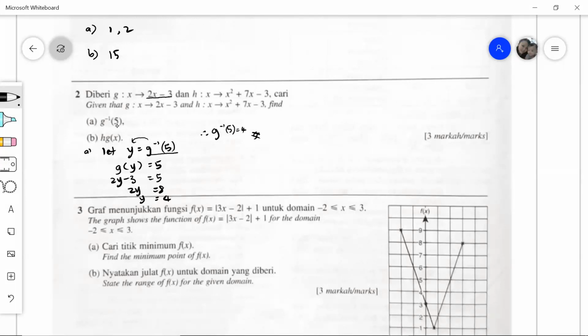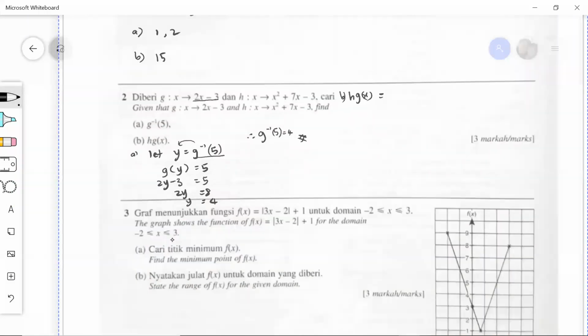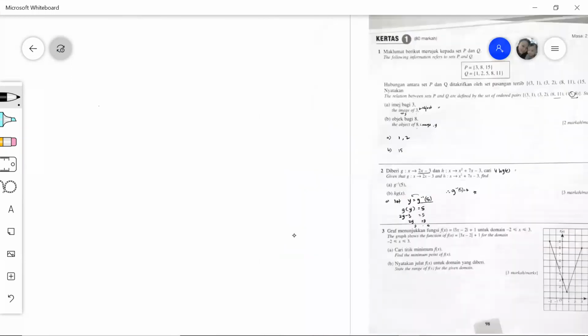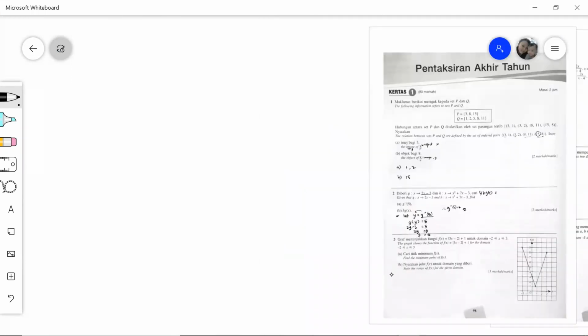All right, now B, hg(x). Okay, this is the one that we need to find, hg(x). Teacher, is there a way where you can find the g inverse? Sorry, which one? You mean this one? Find the g inverse, yeah. Okay, if we were to find the g inverse method, if you want to find the g inverse first,